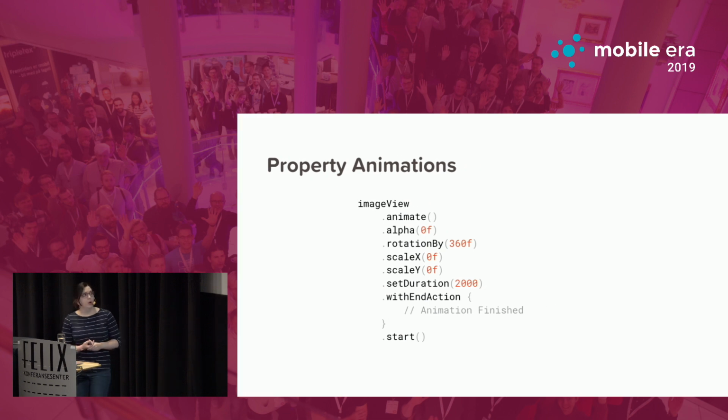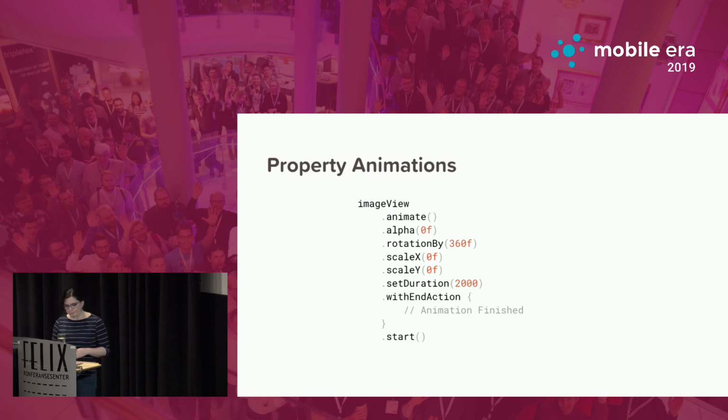So how do we use it? Well, we take the view that we want to animate, in this case an image view, and we say .animate. From that point on, we can set the alpha, rotation, whatever we want to animate to. We give it those values that it must animate to. We can give it a duration of how long it must last, and we can also give it an end action, something that you want to be performed once the animation is finished, so maybe setting visibility or showing a toast or something. Then you call start, and that'll just run the animation for you,